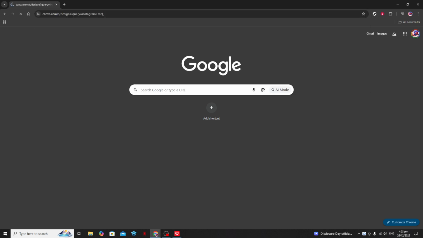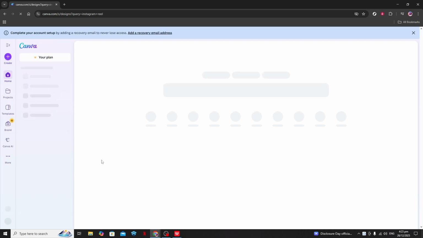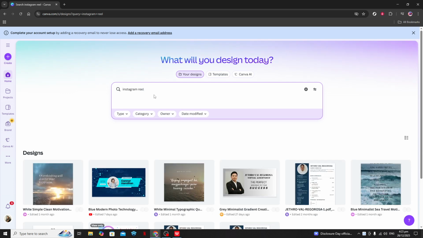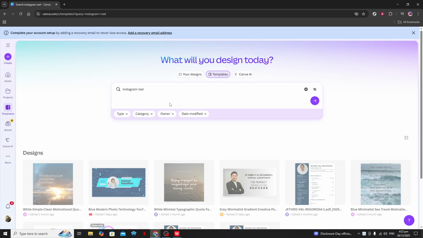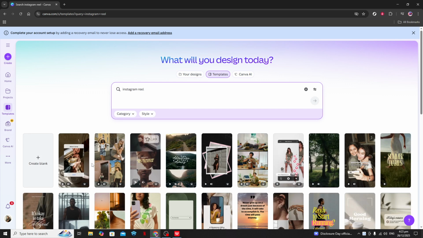To get started, open Canva on your computer or mobile device. If you don't have an account yet, you'll need to sign up, which just takes a moment. Once you're in, you'll notice a search bar at the top of the home screen. Go ahead and type in Instagram Reel. Canva offers pre-sized templates for Reels, so this search will pull up all the best design options tailored for that vertical video format. Select a template that catches your eye. Or if you prefer a blank canvas, you can choose that too for a more customized approach.